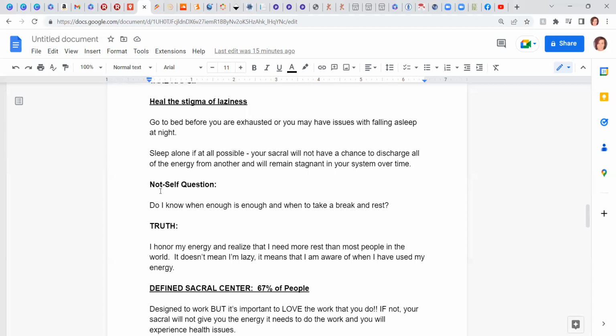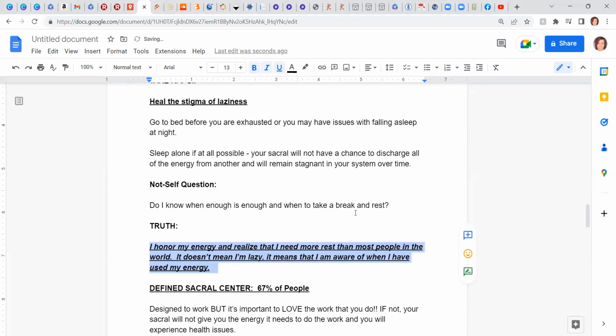This is so important. I'm actually going to just bold this as well, right here, because I don't want to forget to do it. Underline it, italicize, and bold it. I honor my energy and realize that I need more rest than most people in the world. It doesn't mean that I'm lazy. It means that I'm aware of when I have used my energy. If you could center in on that truth as a non-sacral being, oh my word,